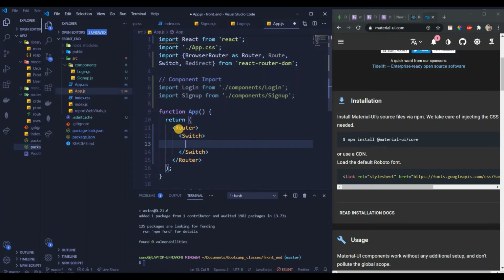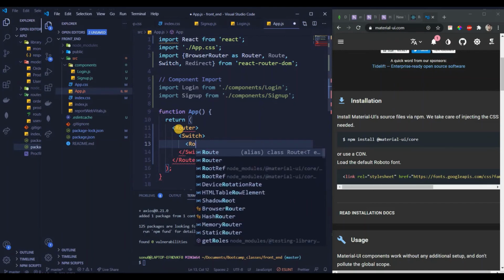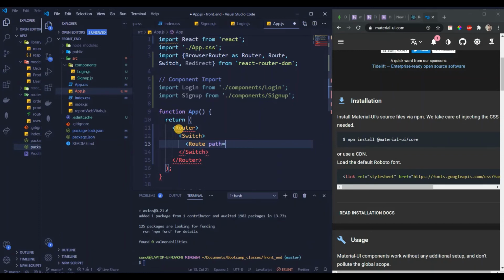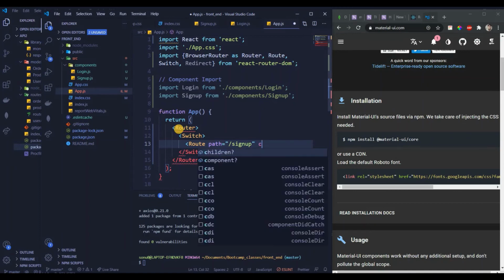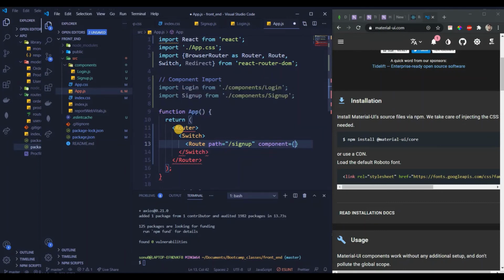So there is a Router and there is a Switch, and then we'll write our Route paths. So we'll just write Route path is equal to /signup, and our component which we have is equal to SignUp, right?